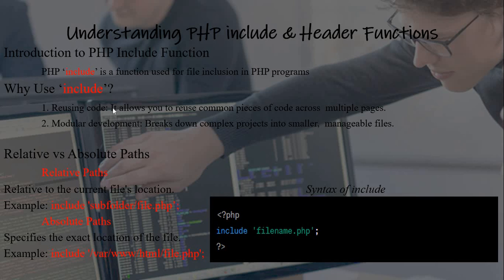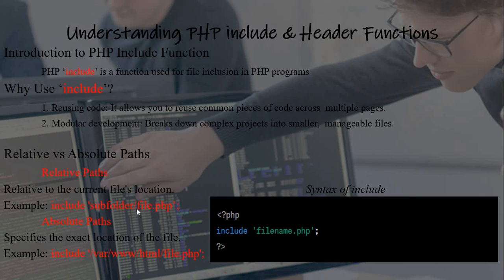And when it comes to reusing code, what does it mean? It allows us to reuse common pieces of code across multiple pages, and it breaks down complex projects into smaller and manageable files. Relative versus absolute path. The relative path